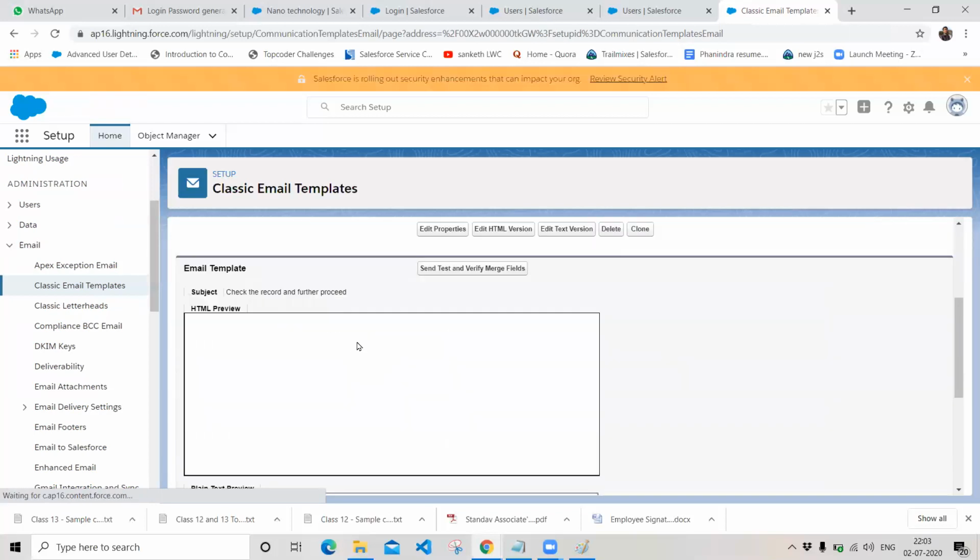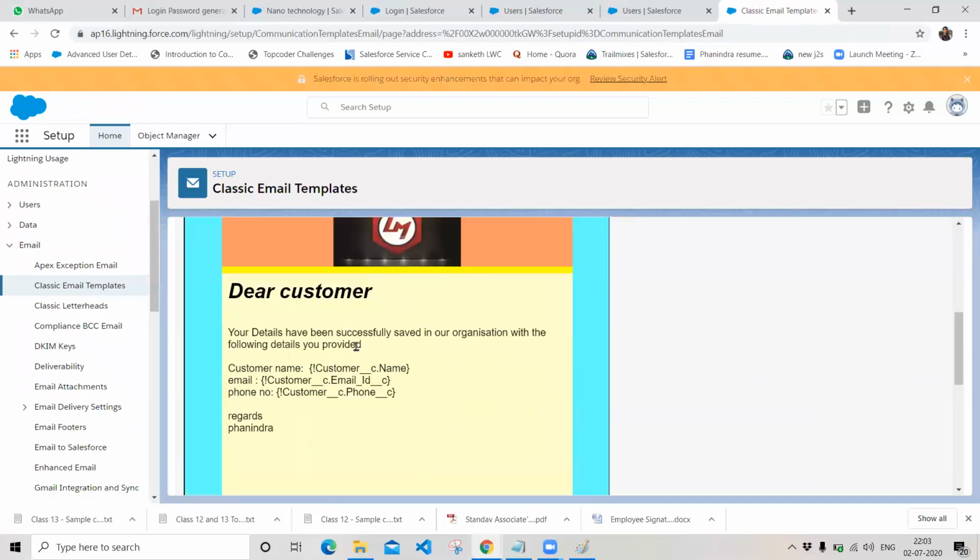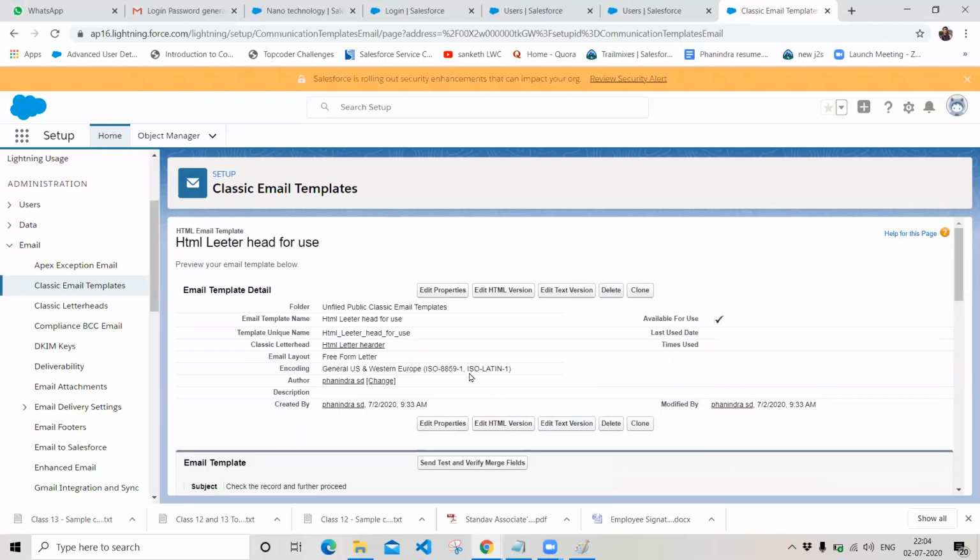So this is the preview of how your email template will be forwarded to a customer. Whenever you are forwarding, the record field values will be automatically populated over here. And click on save. So we have created all our email templates.